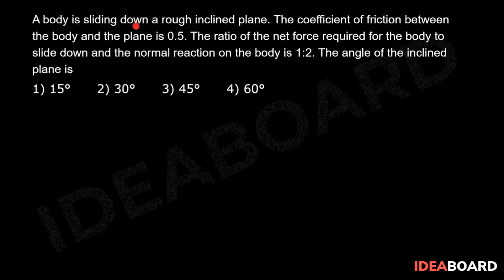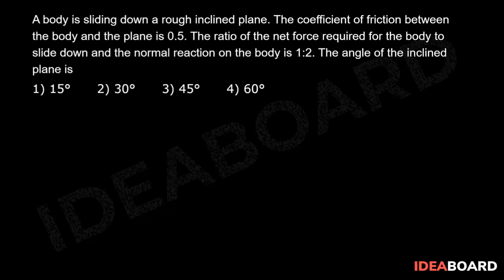A body is sliding down a rough inclined plane. The coefficient of friction between the body and the plane is 0.5. The ratio of the net force required for the body to slide down and the normal reaction on the body is 1:2. The angle of the inclined plane is,